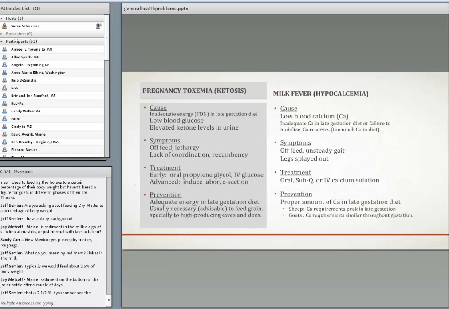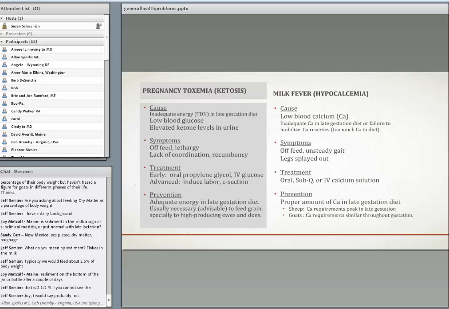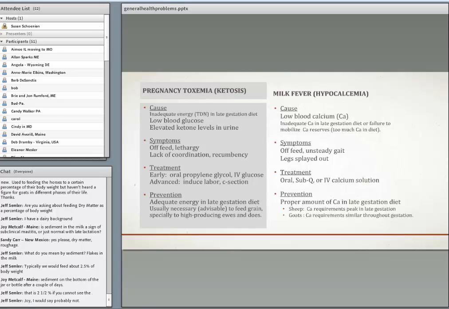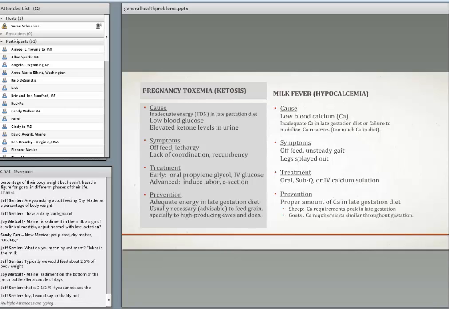The first symptom is probably she just doesn't seem right. She goes to the feed trough slower. Eventually she goes off feed. She's very lethargic. She's not real well coordinated. Eventually she goes down. If you catch pregnancy toxemia early and you give her propylene glycol, a couple of ounces